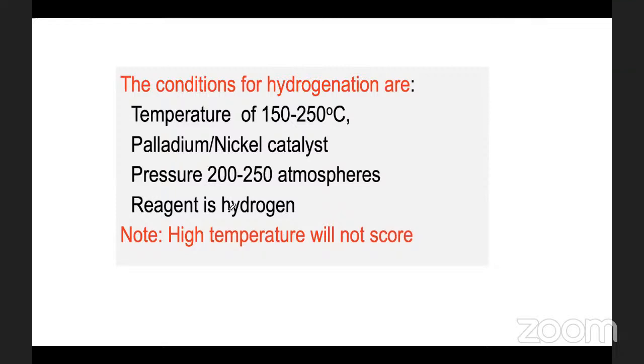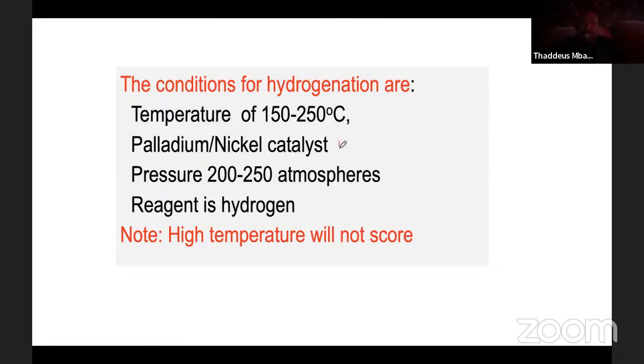In the exam scenario, do we give a range of temperatures, like, for example, 150 to 250, or do we give a specific one? You just give a specific temperature within that range. You can say temperature of 180, or temperature of 200. But just remember, the most important things are that we require nickel or palladium, and that temperature of 200. So make sure that at least you know the pressure, the temperature and the catalyst. So that is one thing.